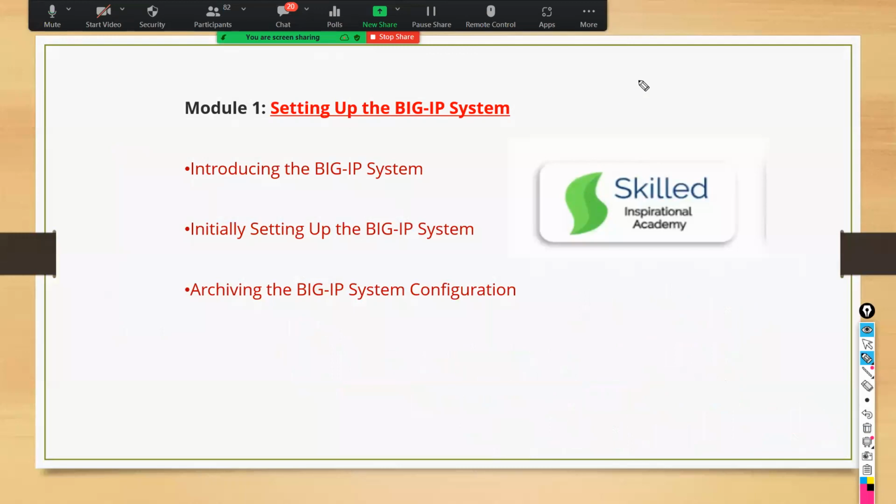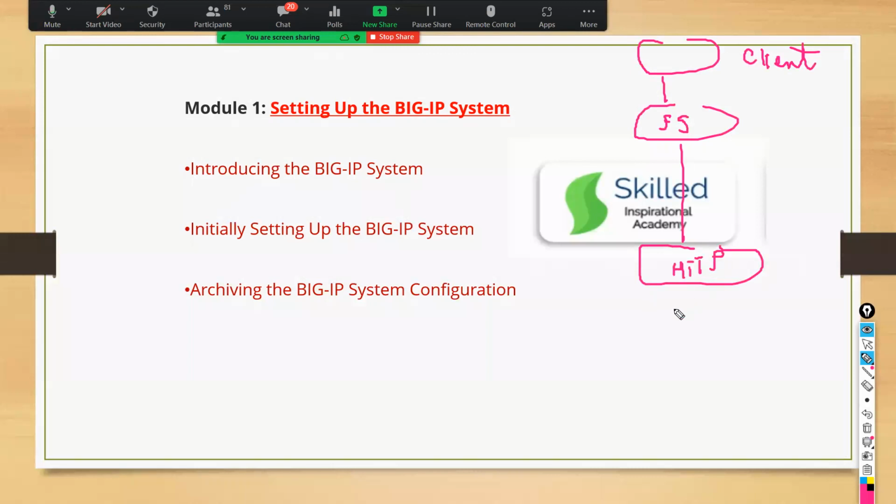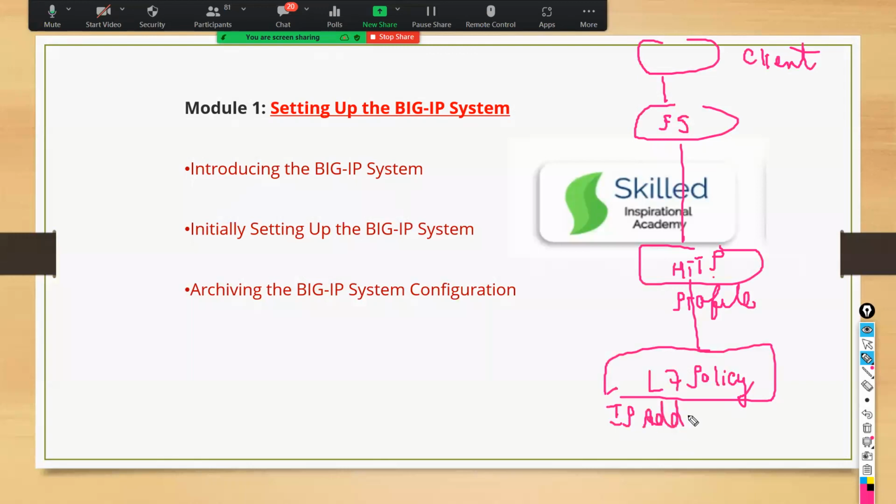So what will our topology be? We will have one client. We will have one F5. We will have an HTTP profile on that virtual server. Then we will apply a local layer 7 policy. This is the policy which will detect the IP address coming from the client.